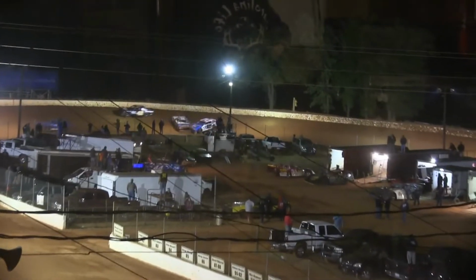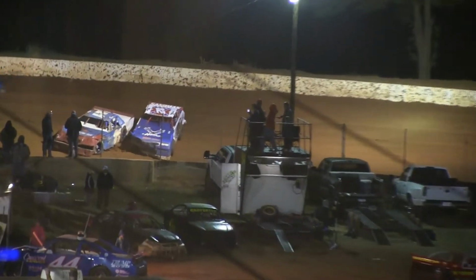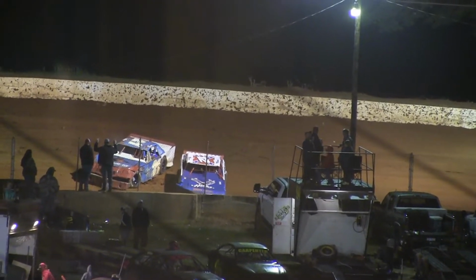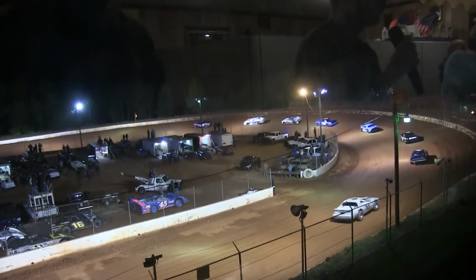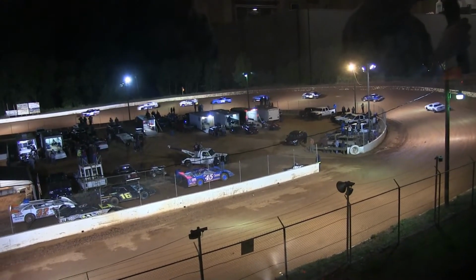They all get hooked together, and heavy contact between Drew Smith and Troy Bagwell. The 12 is involved in that one, and caution flag once again back out. It's still Tinker Roberts and Brooke Beckham up front. Those 2 have pretty much controlled not only this main event, but they controlled their heat race that they were